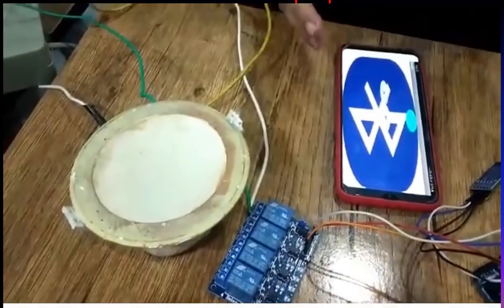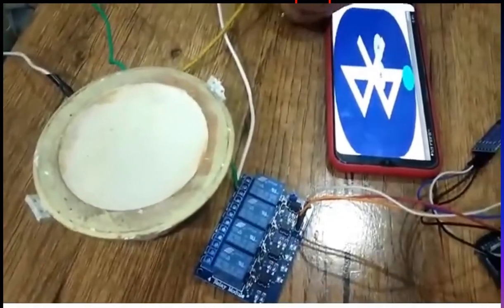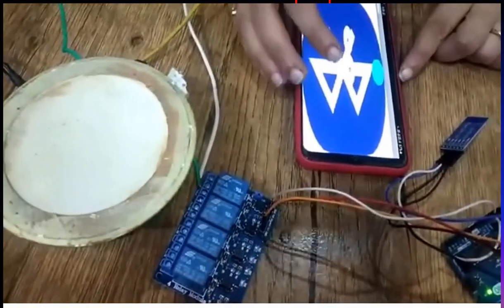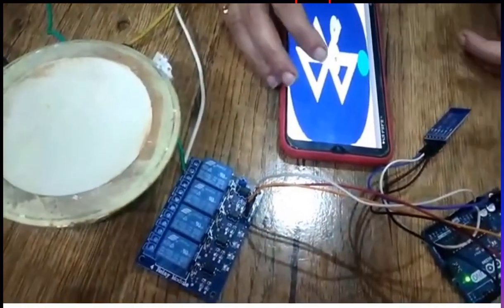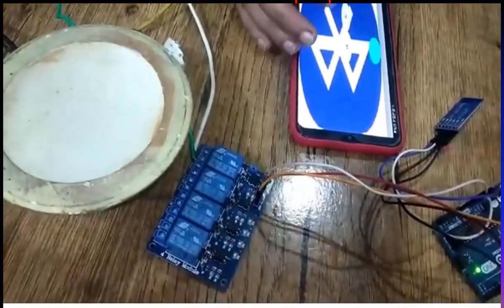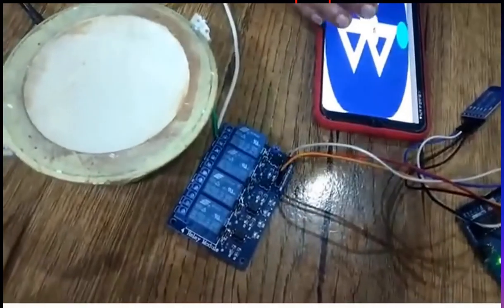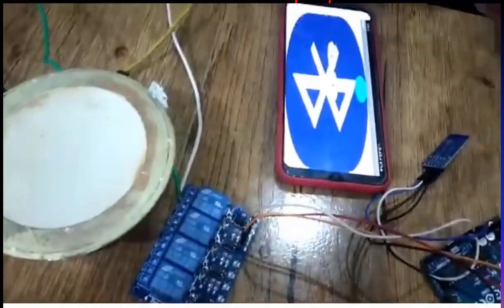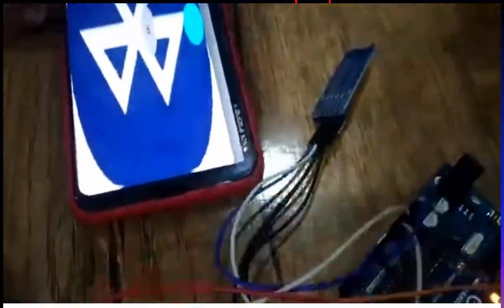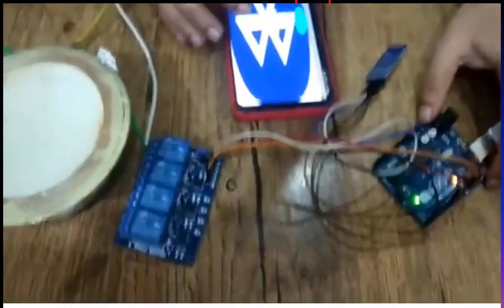So this is basically the procedure by which you can make any device a smart device. I hope this will give you a better insight into the projects, and so many projects are possible with this Arduino Uno. You can experiment with many of the sensors and many of the objects. So enjoy your working with this Arduino. It's really interesting. Thank you.